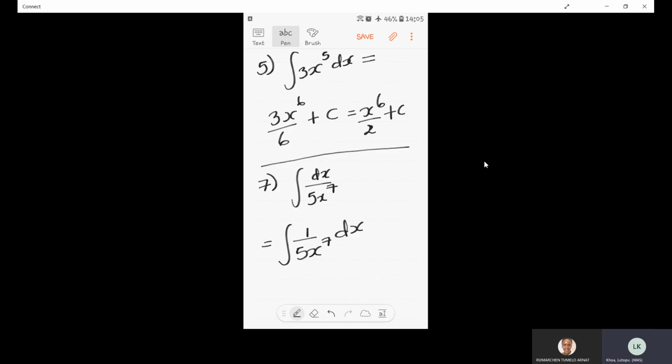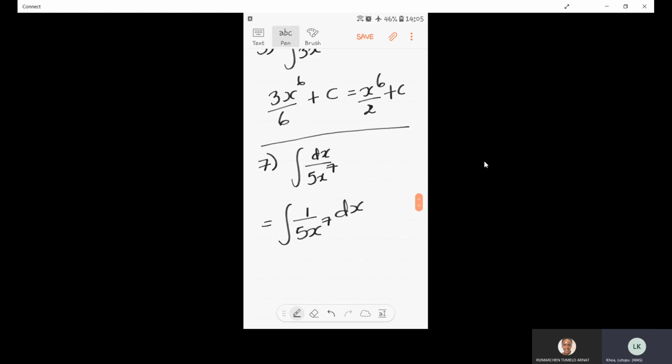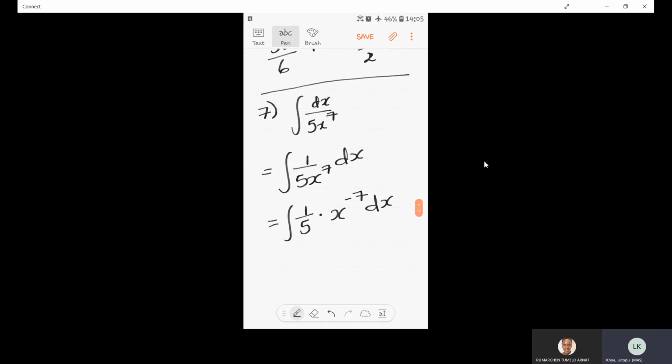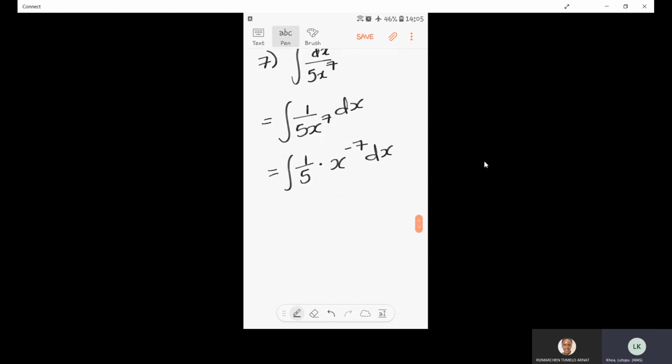Okay, and then you can rewrite this as the integral of 1 over 5 times x to the power of minus 7 dx. Then the 1 over 5 can go outside, and then you integrate the x to the power of minus 7. So when you do that, what you have is,